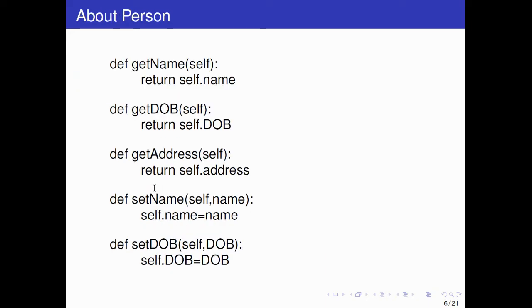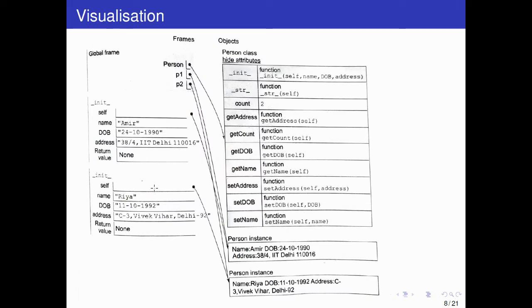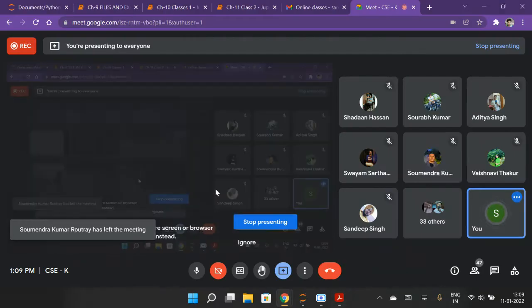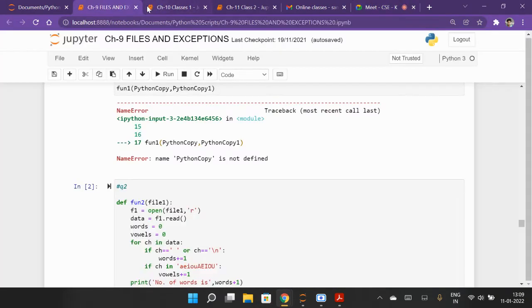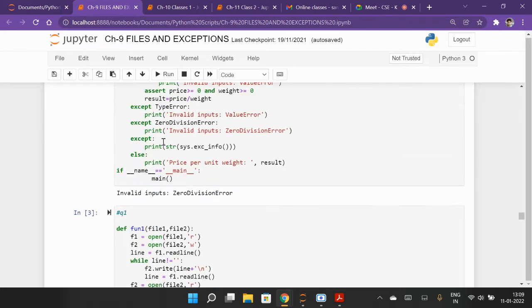So like we had this program. So we have seen this in last class. I will show you, and this you will see when you execute it on pythontutor.com.